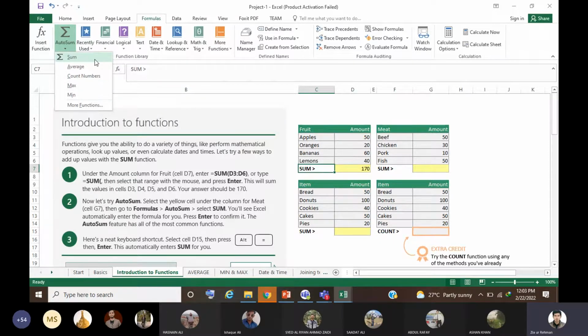You could add continuous values, adjacent and non-adjacent values in a row or in a column using this sum operator. You could also average the values in a row or in a column. You could also count numbers in one row or one column. You could also find out the maximum and minimum values.